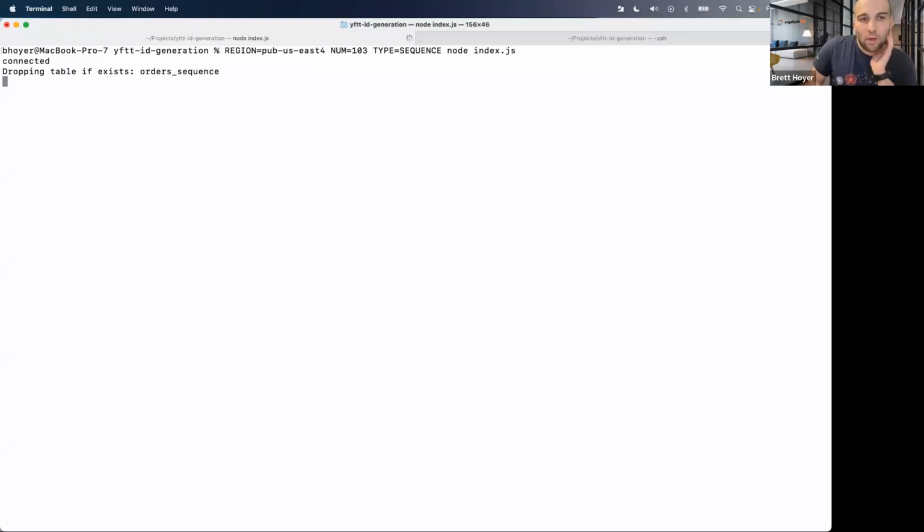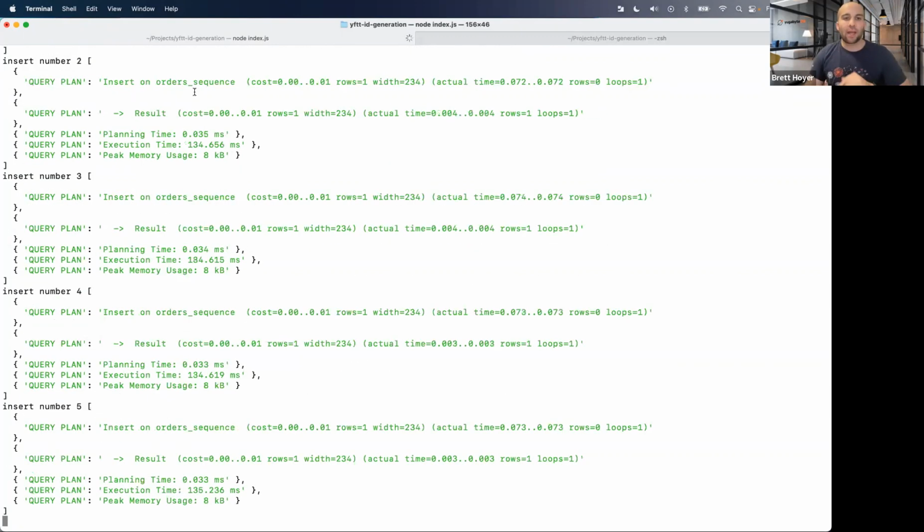We're going to connect, and we're going to drop the existing table and recreate it. And then we will be able to write records, and we will be able to see how long the execution time is for our different writes that we have here. All right, so this should begin writing. And as we see, because these nodes are far apart, we will have a somewhat high execution time with this